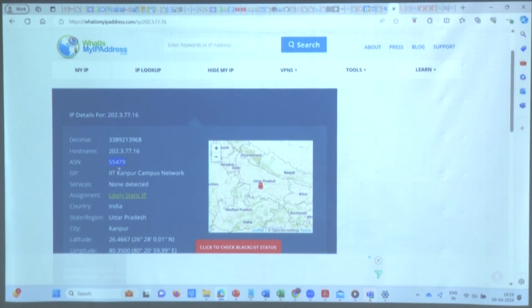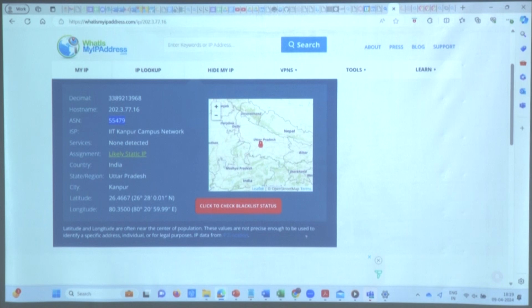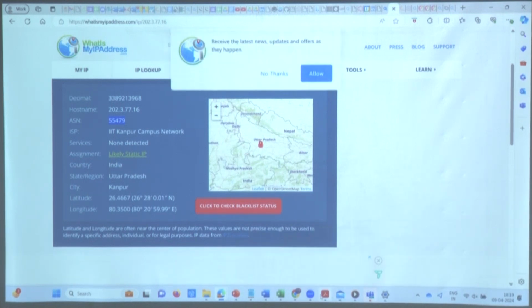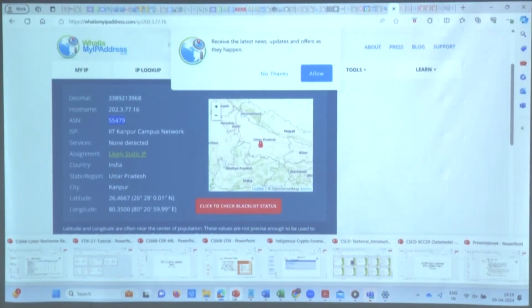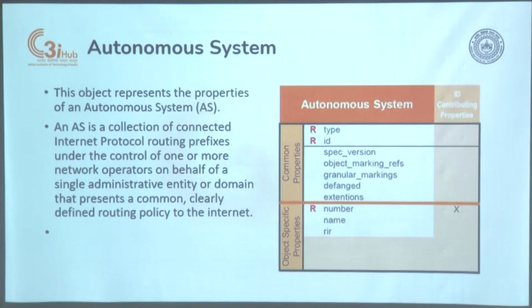We are given an autonomous system number. But in any case, autonomous system characterizes. Many times when we investigate a particular cyber attack, we try to figure out which autonomous system it came from, if it is at all possible,